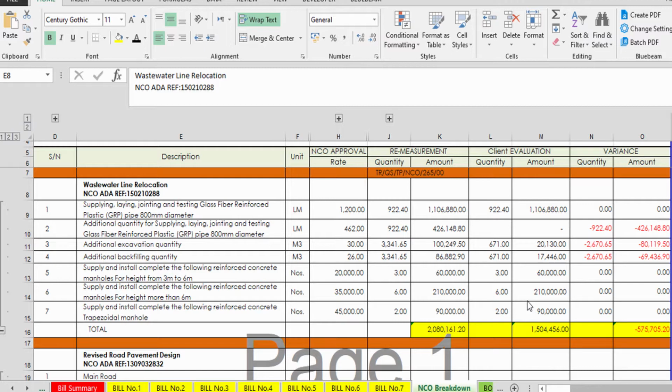client or the authority. Okay, so this particular sheet I will attach with this video so that you can download it, use it, read it, and study it, so that it will be helpful for you. Okay, so what we are doing basically here: on one side, when we get any instruction to do additional work, we start making the procedure as we did in our previous classes.